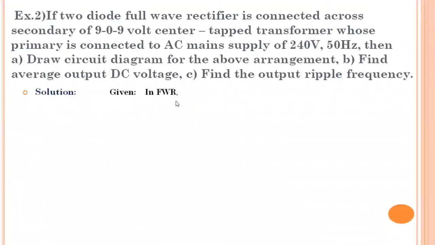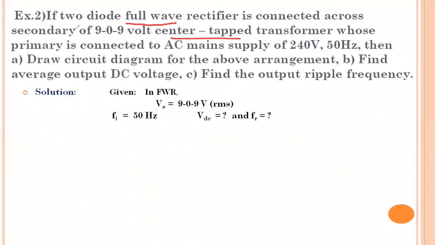So very first, list out the given things. What is given? The full wave rectifier is of center tap type. This is the voltage between S1, CT and S2. As you know, the input voltage for the rectifier in a center tap type rectifier circuit is the voltage present between either end of the secondary and the center tap. That means 9 volt you have to assume as the AC input, right? Then see here, what is the next?